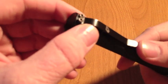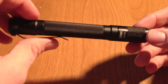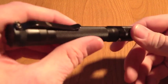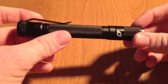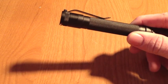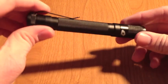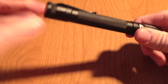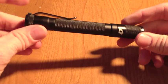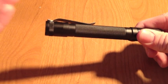My Olights have similar clips, and I really like that. But it is a tad bulky in the pocket. I mean, generally I don't notice it. I've moved from carrying this in my left thigh pocket into my left butt pocket with this Moleskine notebook, just so that I don't scratch the screen of my phone, because the iPhone is slightly bigger, and that's actually what you're being recorded on now,